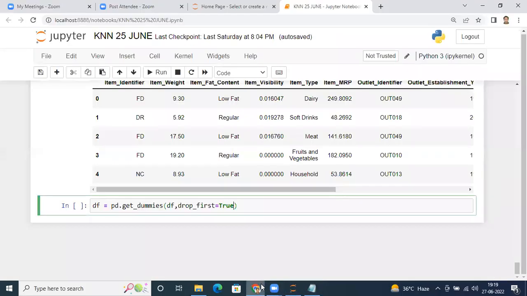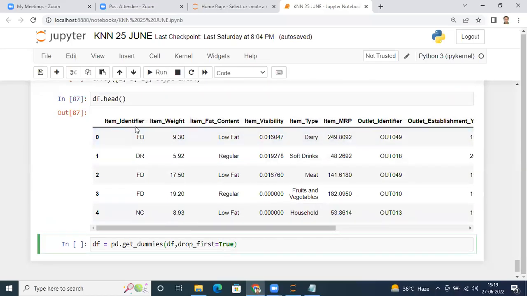So if I don't specify this argument, drop first is equal to 0, what will happen? For every column, suppose in this column, remember in item identifier, we had 3 values, FD, DR, and NC. So how many new columns will it create for you? I just told you how many unique values are there in this particular column: 3, FD, DR, and NC. So how many new columns will you get for this particular column? Just 3. 3 columns, right? So for every column, it will create that many columns, as many distinct values